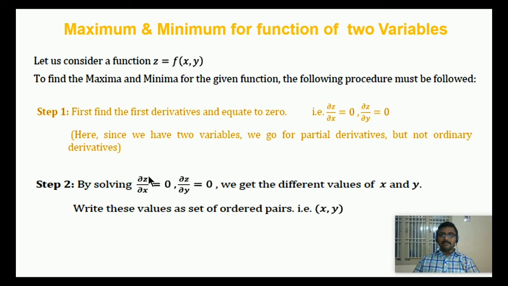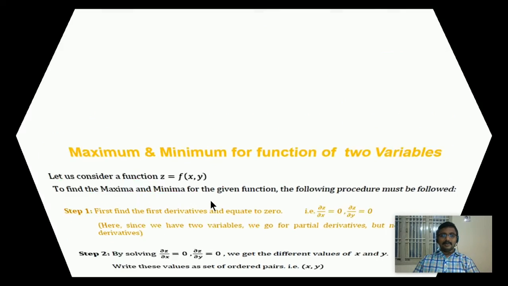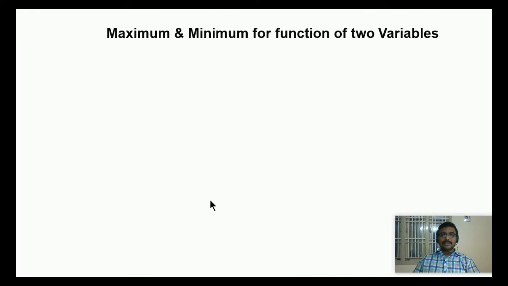In the second step, we solve the equations ∂z/∂x equal to 0 and ∂z/∂y equal to 0. We get the different values for x and y. Write these values as a set of ordered pairs, that is (x,y). These points are called stationary points or stationary values. In the third step,